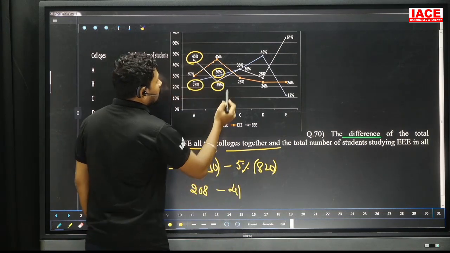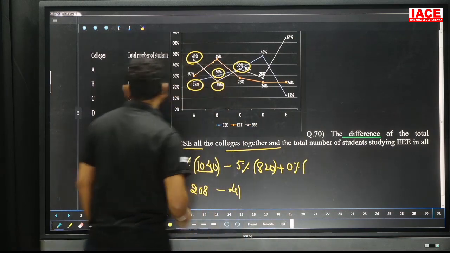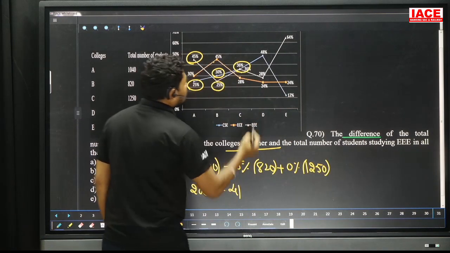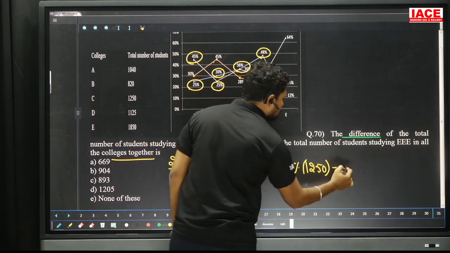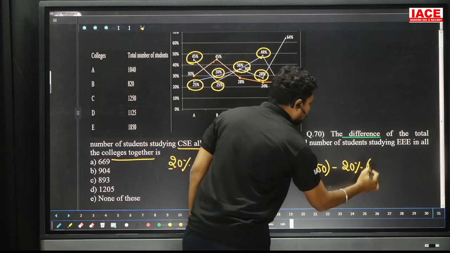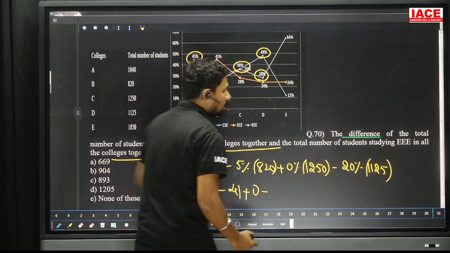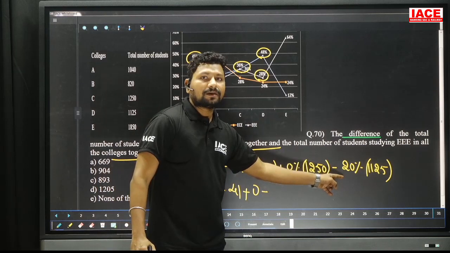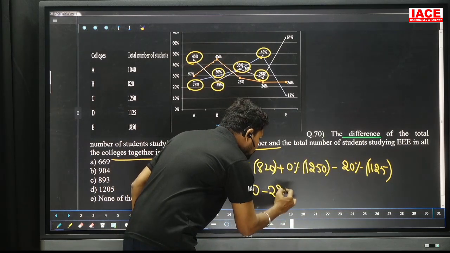And next here 36% and 36% difference is 0%. 0% difference, it is equal to 0% affected on 1250. And next here 28% minus 48%, it is equal to minus 20%. Minus 20% of the fourth college, it is 1125. 1125, make it double because we are multiplying with 20. Okay, 2250. 2250, percentage wise 2 zeros cancel, it is becoming 2250.